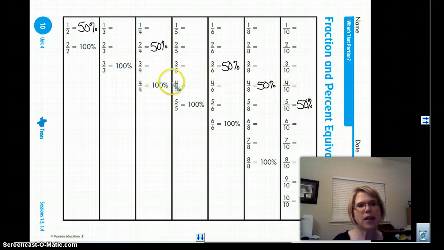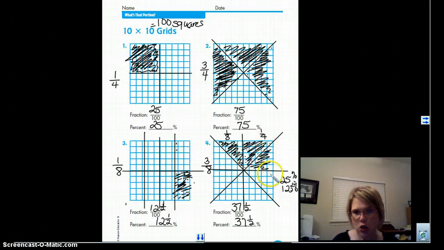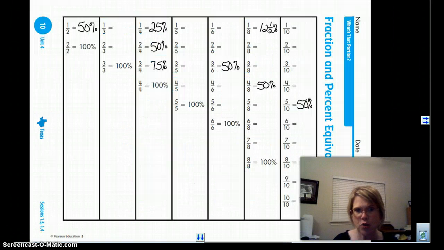All right, so real quickly, I'm about to run out of time. So let's go ahead and fill in the 1/4 and 3/4. We definitely know that, right? 25%. And we know 3/4 is 75%. And there were 2 other fractions, actually 3 other fractions that we did today. And that was 1/8 was 12.5%. Didn't we say in the last one that this was 2/8 or 1/4? 2/8 or 1/4. So that was 25%. And then I'm going to run out of time. This was